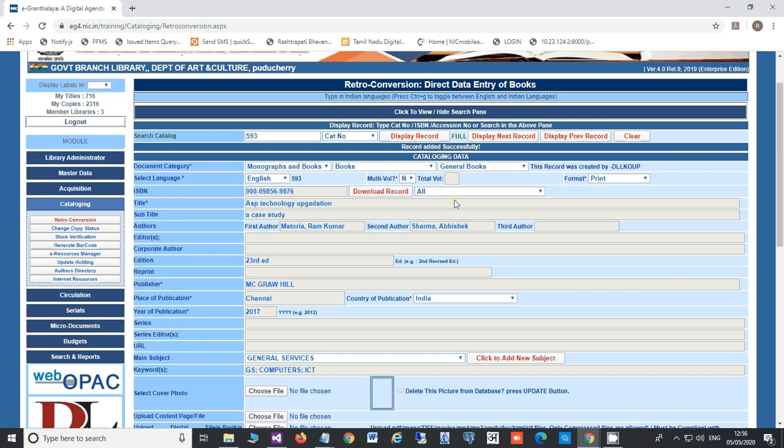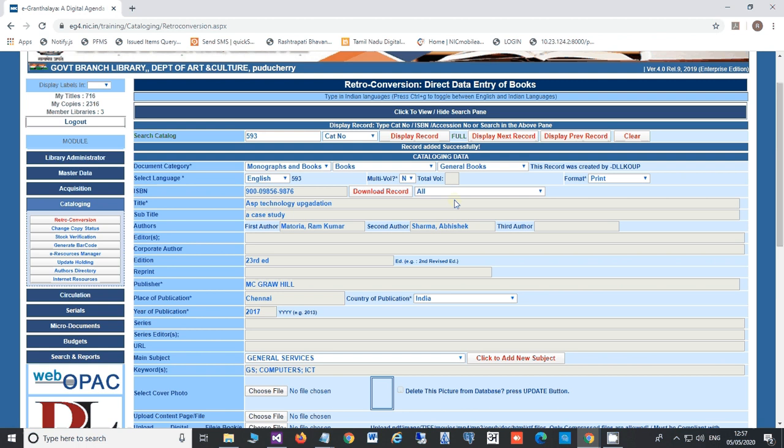So here we have given basically two kinds of scenario: one where the ISBN number gets matched, and another where the title gets matched. In that situation, no need of creating a record if the record already exists.